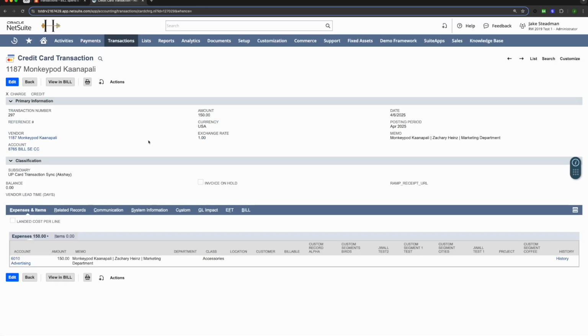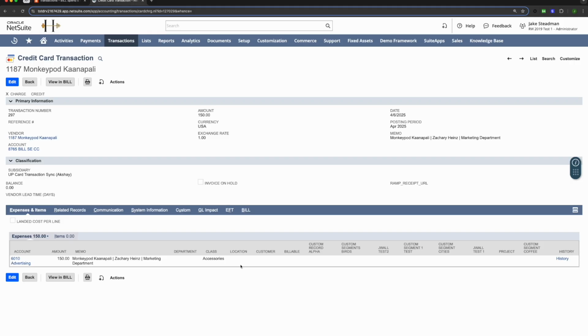So this transaction came over. How this is syncing into the system, we'll be syncing that BILL Spend & Expense credit card account. Like I mentioned, that's going to be on the credit side of things. And then we'll include anything that was classified on the transaction over in Spend & Expense. So I just had my GL account and my class mapped. But of course, if you have your departments, locations, customers, or any of those custom segments, those would be tagged